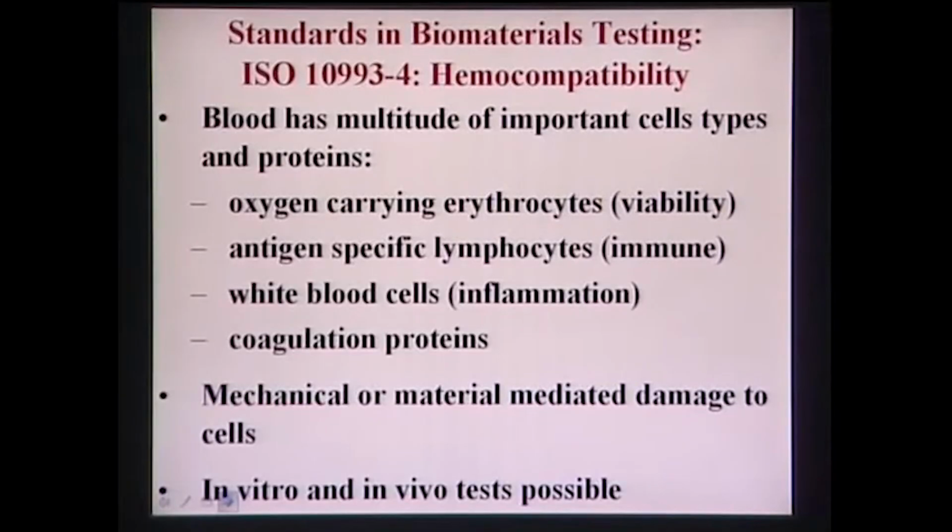Okay, in the last lecture, I discussed in vitro cytotoxicity, that is the cell level toxicity, or the capability of a biomaterial to cause cellular apoptosis, as well as the mechanism by which cell material interaction takes place. That was largely discussed. Towards the end of the lecture, I also discussed the genotoxicity, that is the toxicity level